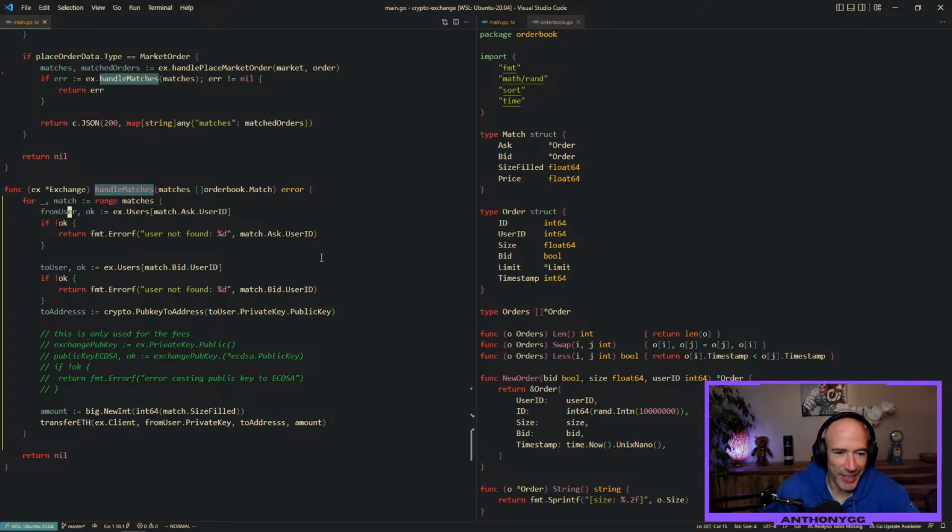So I'm getting the user we are sending from, fetching this out of this map. I do the same for the user we are sending to, the one we are transferring ETH to. But I'm 100% sure only one user sits in this map. And I check the map right here. So if it's not okay, which basically means that if this key is not in the map, it will return this error. But for some reason,